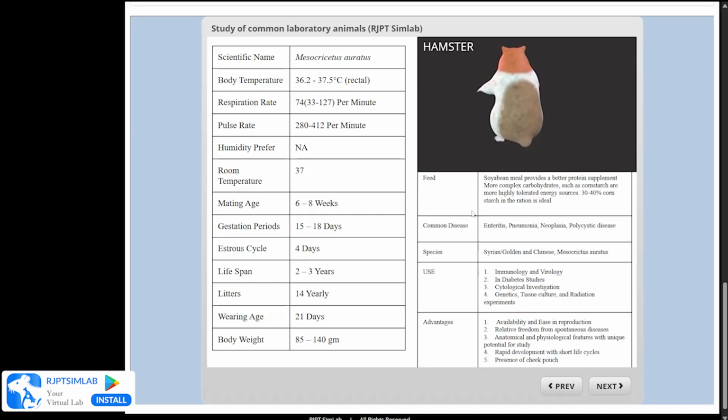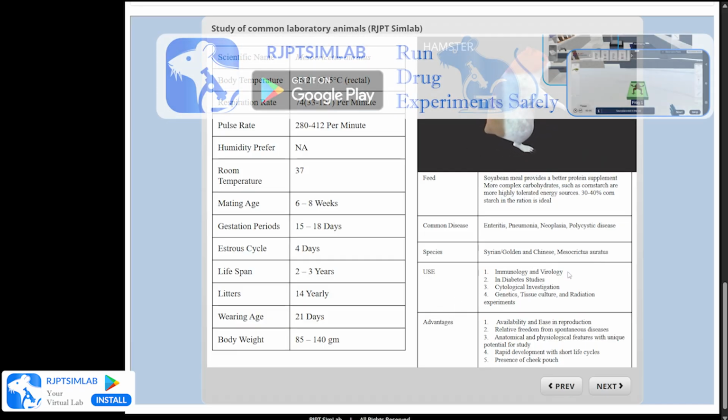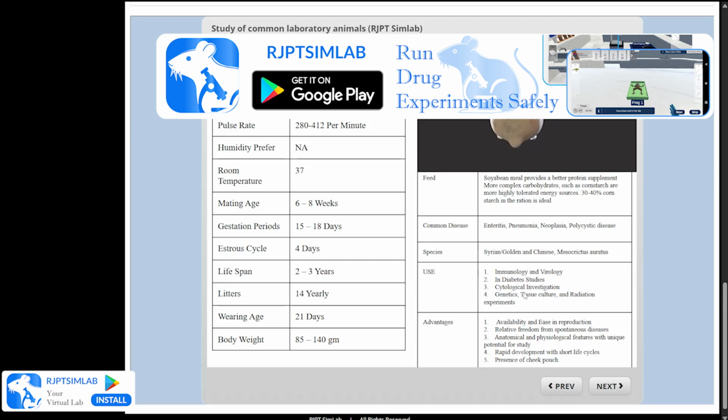The common diseases that a hamster can acquire are enteritis, pneumonia, neoplasia, and polycystic diseases. The species of hamsters are Syrian, golden, and Chinese, and Mesocricetus auratus. The uses of hamster in pharmacological experiments are immunology and virology study, diabetes study, cytological investigation, genetics, tissue